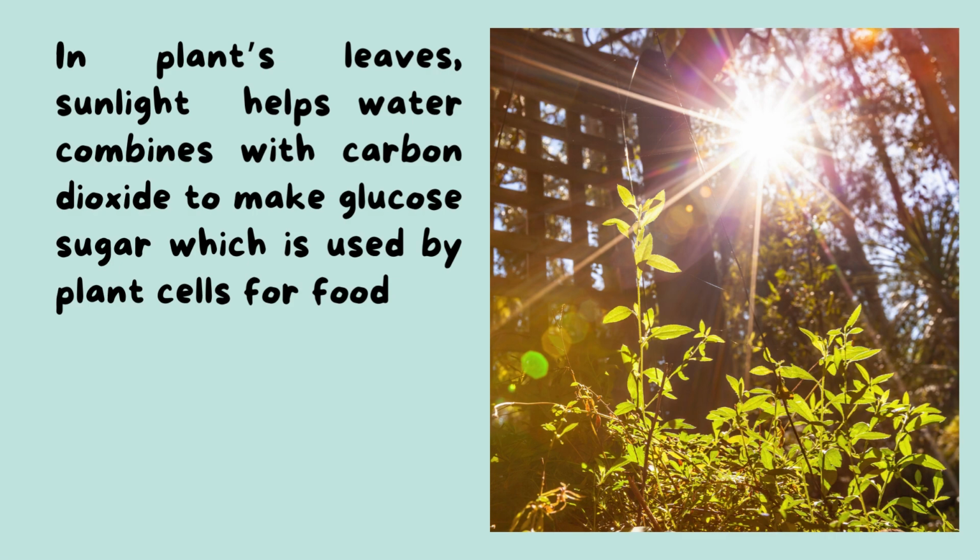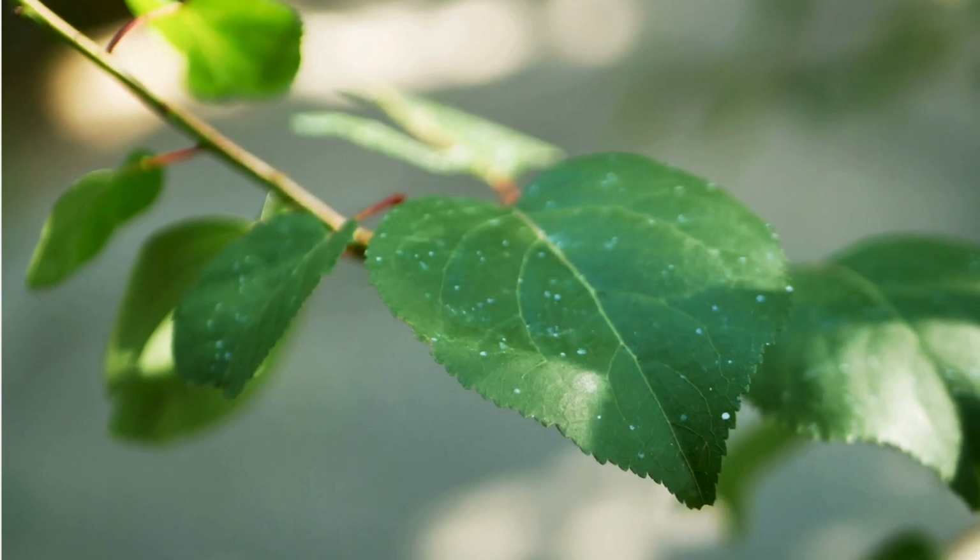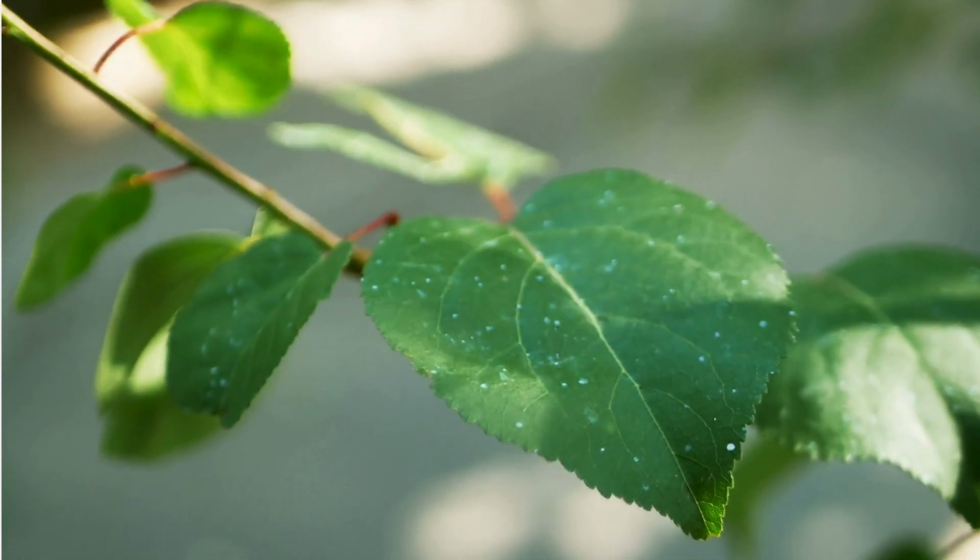So now what happens in the plant's leaves? We have sunlight that is captured or absorbed by the chlorophyll. We have carbon dioxide that enters through the stomata, and we have water that comes through the xylem vessels from the soil to the leaves. So now leaves can make the photosynthesis process as the sunlight helps water combine with the carbon dioxide. So here sunlight helps water combine with carbon dioxide to make glucose, okay, sugar, which is used by the plant